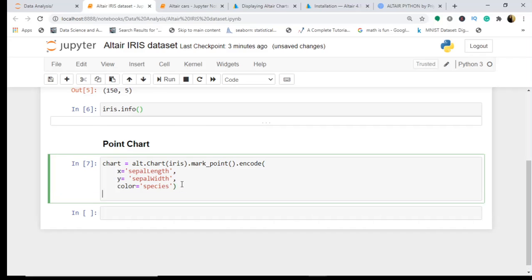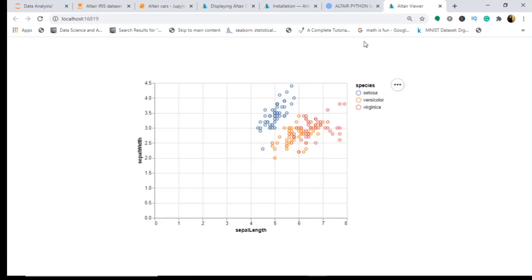And here I will also write chart.show so that it shows me an Altair Viewer. So you can see here the Setosa, Versicolor and Virginica. And this is the x-axis sepal length and y-axis sepal width, and you can see the dimensions